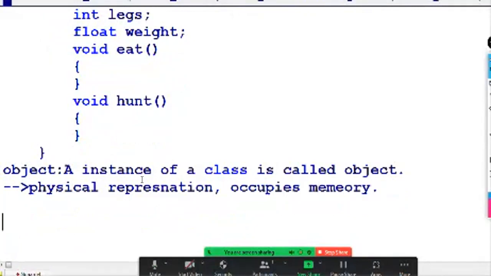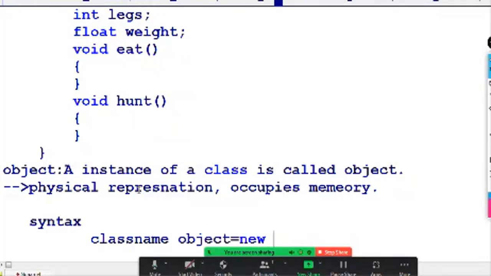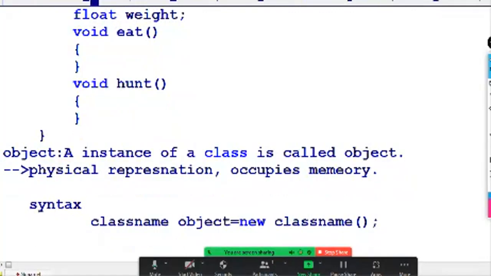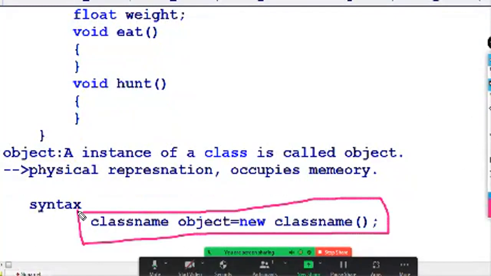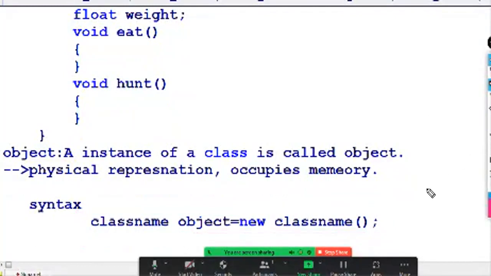What is the syntax of creating an object in Java? We have to know the syntax of creation of an object. Followed by class name, then object name, we use the assignment operator equals to the new operator followed by class name with empty parenthesis. Later on we call it a constructor. This is the exact syntax to follow. On object creation, both creation of an object and allocation of memory are done at the same time. We have several types of syntaxes.